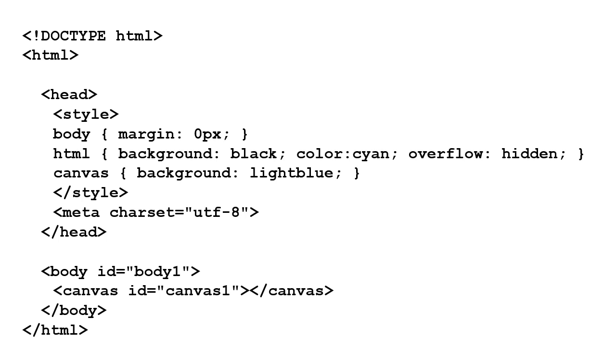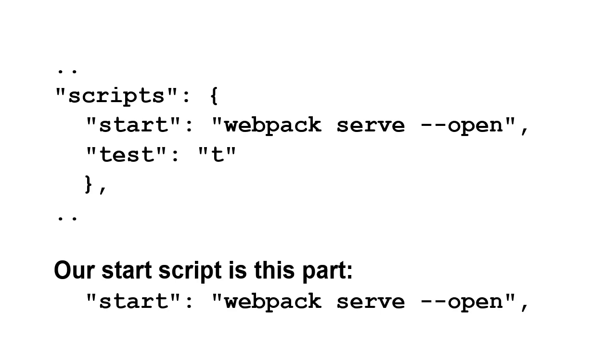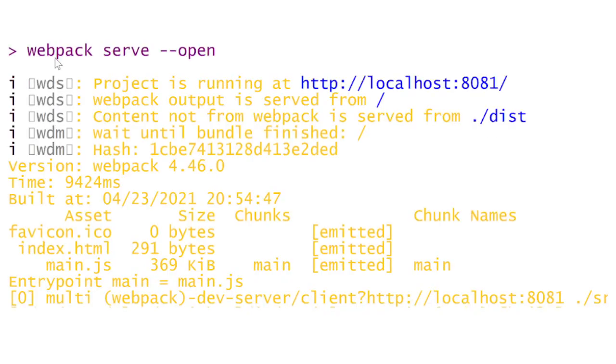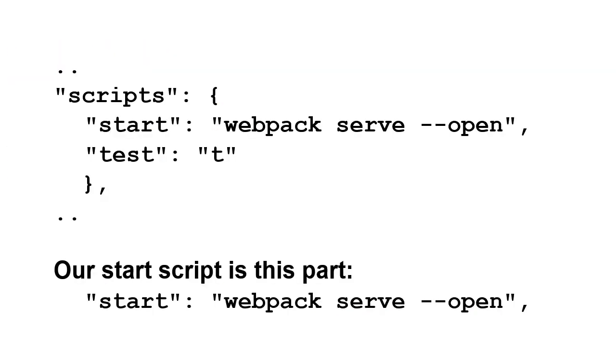By now we're almost ready to type npm start. In order to do that, we have to add that start script to our package.json. So the script section in the package.json will look like this. So start webpack serve open. And then our start script, that's just that single line. With this, you can type npm start,